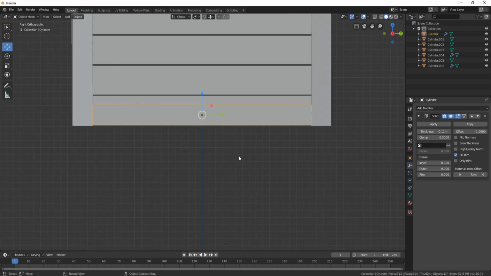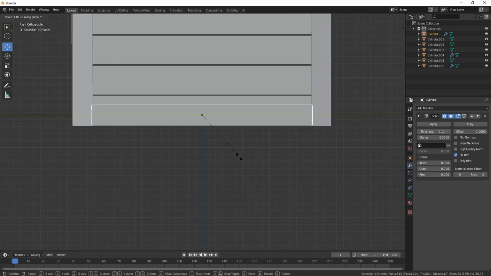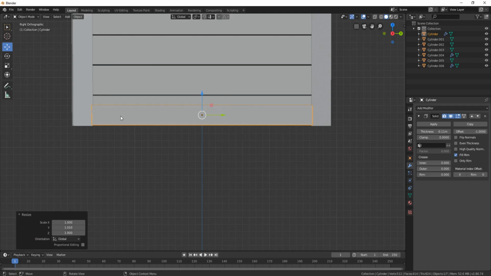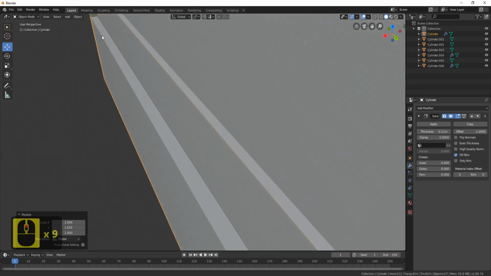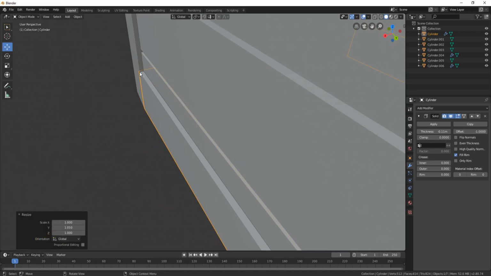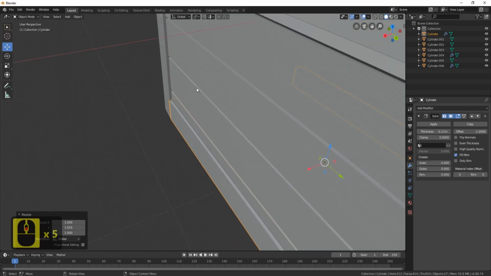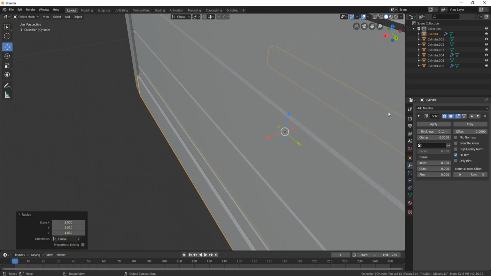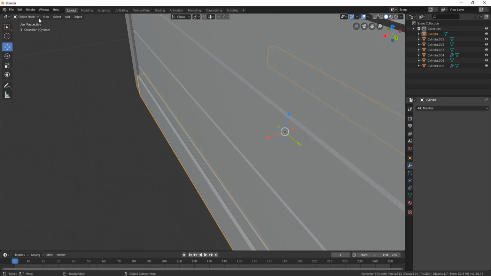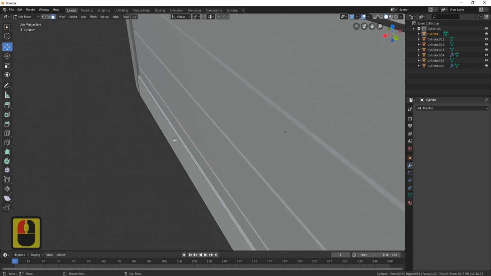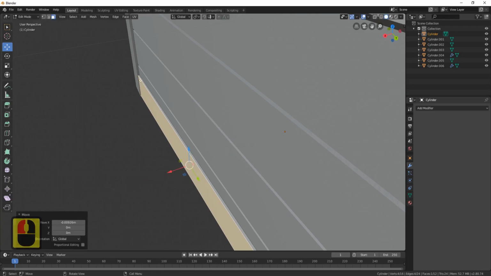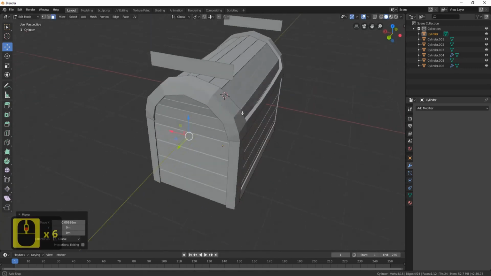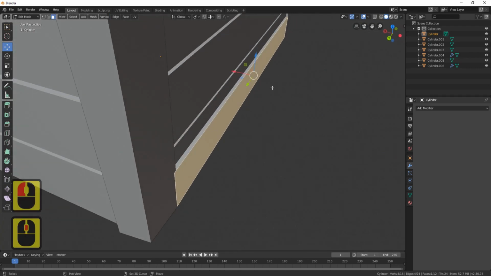So if I press 3, press SY and bring them out just very slightly, and I think this little gap here is absolutely fine. That's exactly how they would look, to be honest. So now let's just check to see whereabouts they are, and we can see that they're poking out just a little bit too far. And I think what I'll do on this occasion is I'll apply the modifier, and then I'll press tab, go into face select, and I'll do this one first, and I'll just pull it in just a little bit, just so it's just overhanging the wood a little bit so we can still see that. And then I'll do the same on the back one,